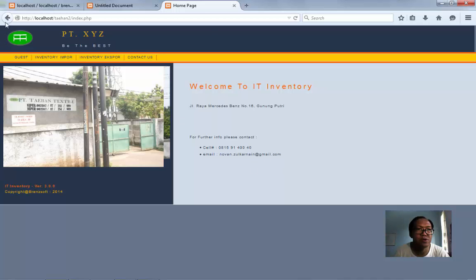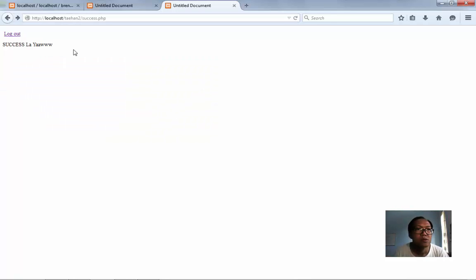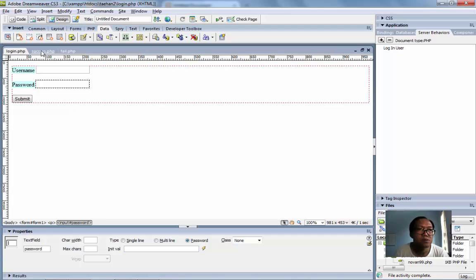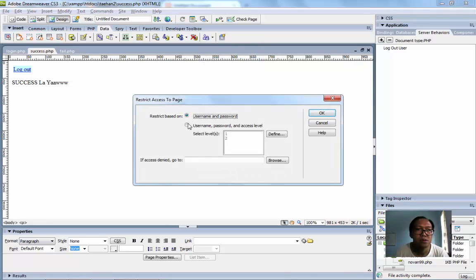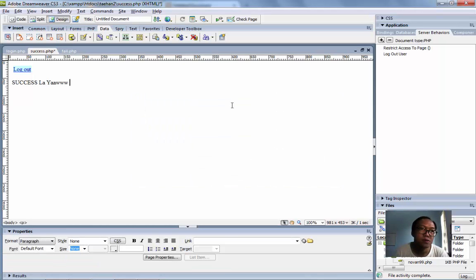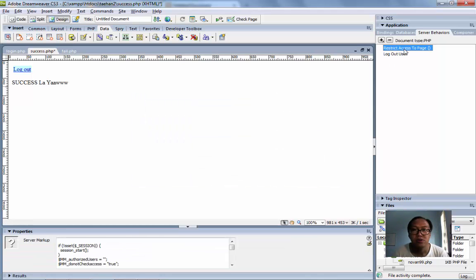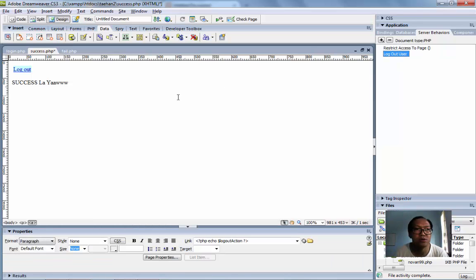and go back to this page. Okay, you want to create the restrict access. If access is denied, go to index.php. Now you can see here there are two behaviors, restrict access and logout user.